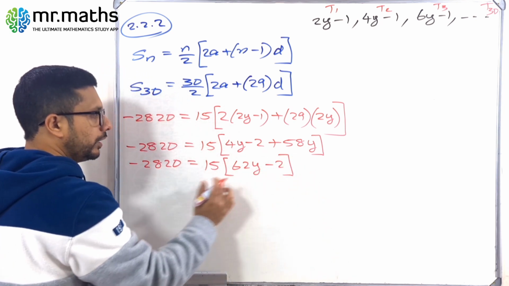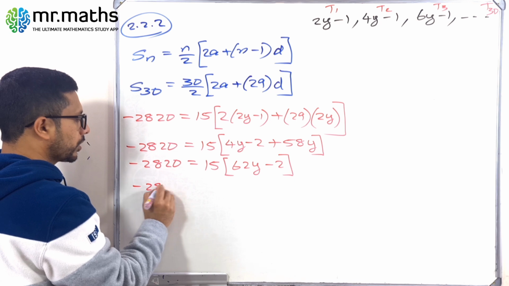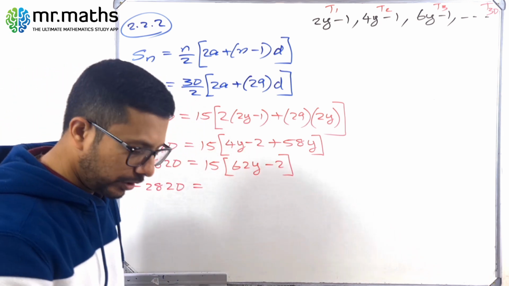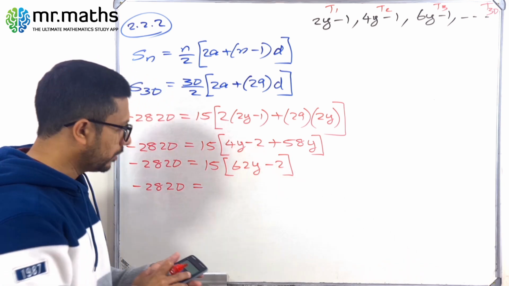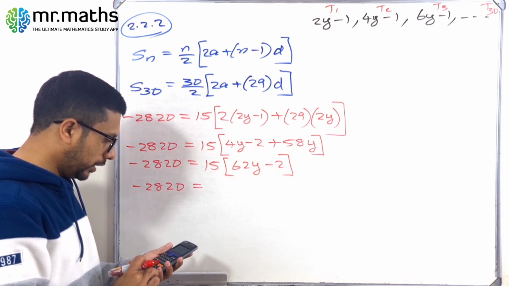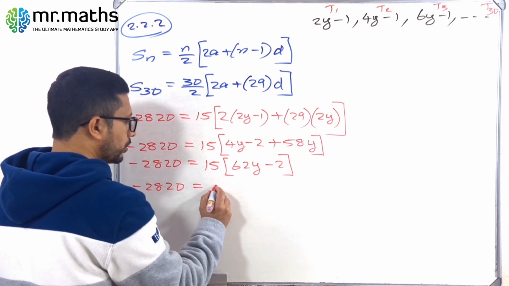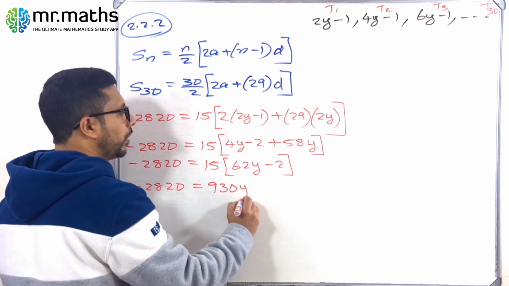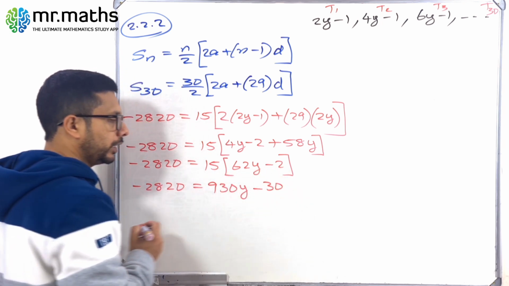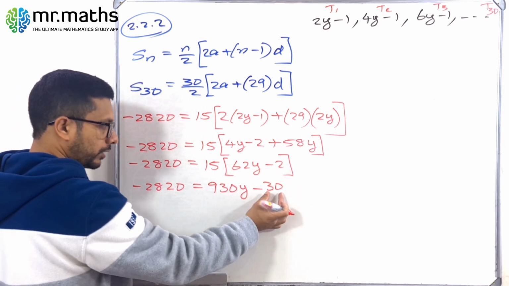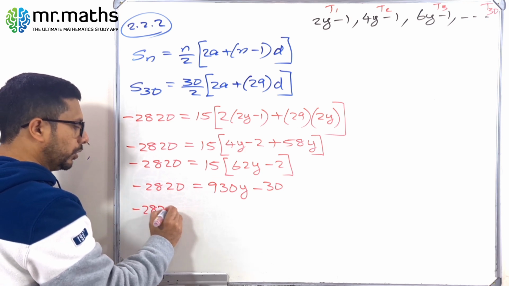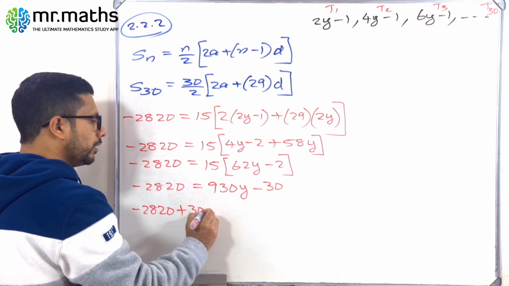Now we have to expand this bracket, so minus 2820 is equal to, what is 62 times 15? 62 times 15 is 930, so it is 930y minus 15 times minus 2, that is minus 30. Now we can take this minus 30 to this side, so it is plus 30, so minus 2820 plus 30 is equal to